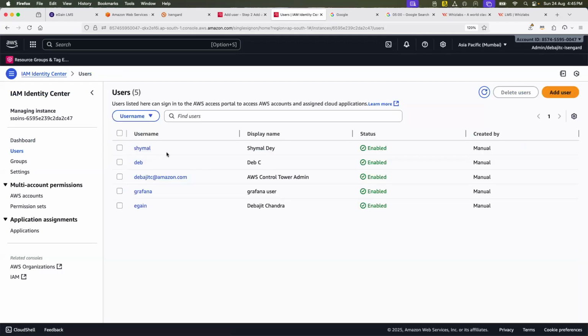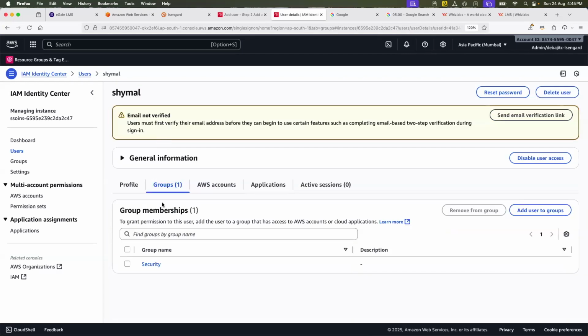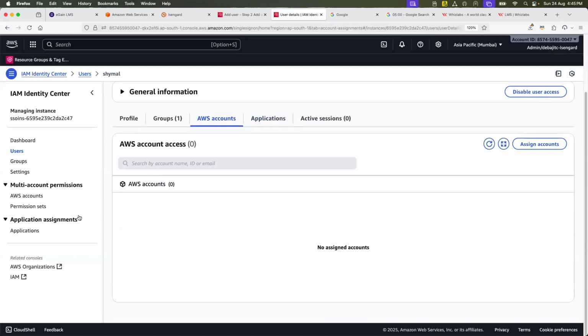So let me go ahead, so the user has been created. So now here you see that he's the part of these groups. You can add user to the groups as well, multiple AWS accounts, applications, and active sessions. Okay, so now here, there's an option called multi-account permissions.